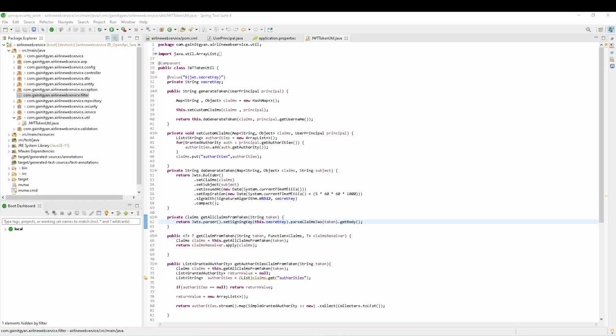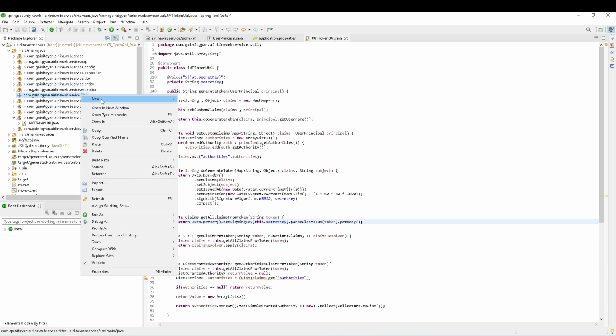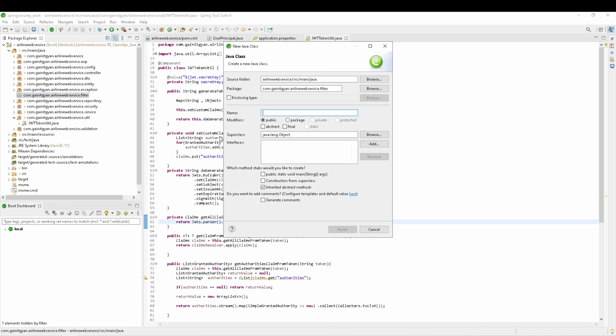Hi everyone, in this video we are going to continue our JWT implementation. We will create a filter which will be executed for every incoming request, read the token, and validate it. I have created a package called filter, and in this I'm going to create a filter here